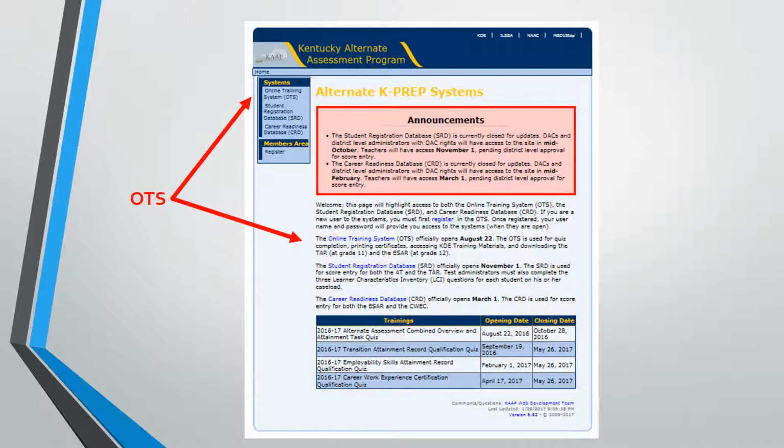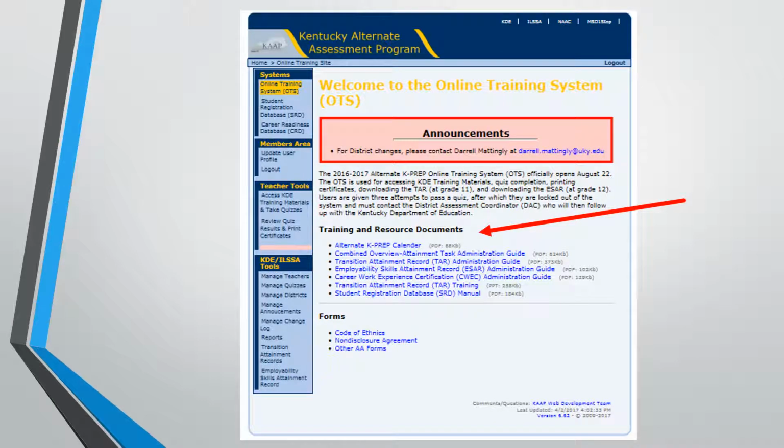Someone must also be certified for having an understanding of the CWEC process. Once you are registered and log into the online training system, you will find training and resource documents. The Employability Skills Attainment Record Administration Guide and the Career Work Experience Certification Guide are included. In time, a Career Ready database manual will be added.